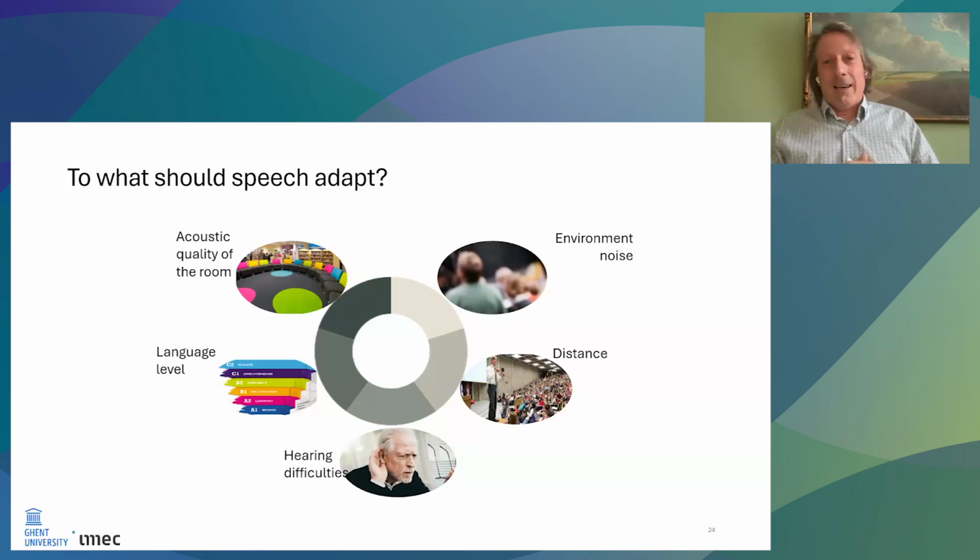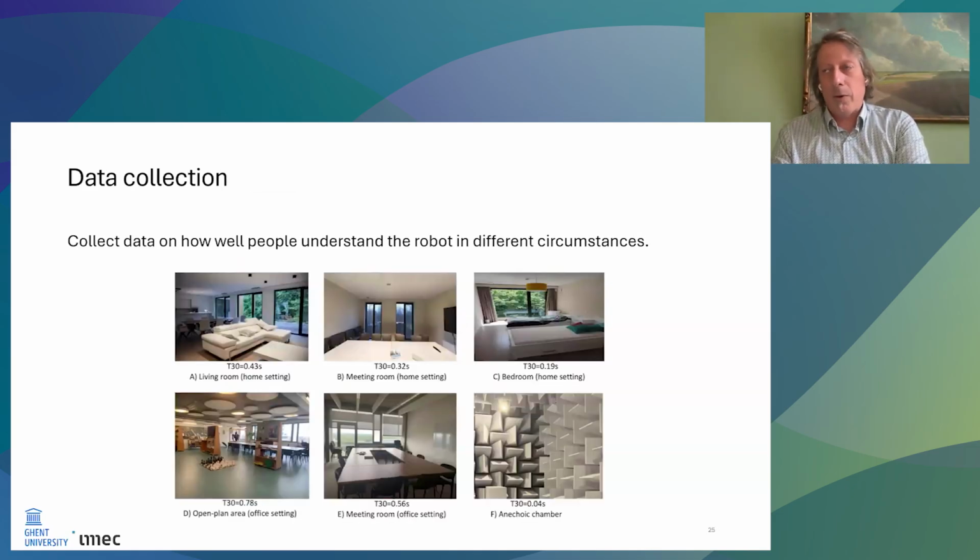Now, we collected data to have enough to train a model that would adapt its speech. The way we did this was collecting data in many different rooms. We went from anechoic chambers, chambers that are entirely quiet, where there's no echo, all the way to large spaces where the sound just bounces around the room. You can understand that by taking the time it takes before an echo dies down. You can just have a robot make a loud ping sound and listen to how long it takes before that echo is attenuated. And that gives you an idea of how echoey a room is.